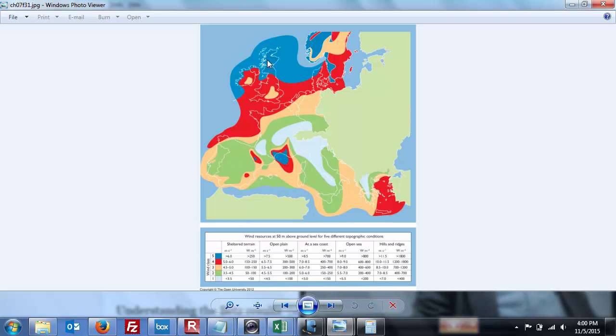Sheltered terrain. It's difficult to see the numbers down here, but for sheltered terrain, class 5 wind is greater than 6 meters per second. Open plains, you've got to get to 7.5. At the seacoast, 8.5. In the open sea, 9. And on hills and ridges,